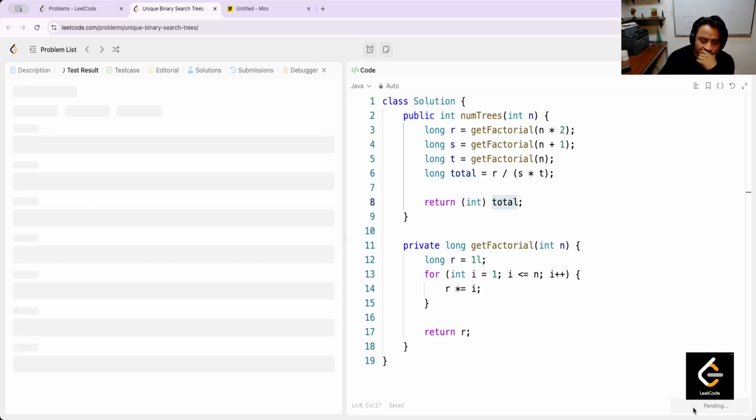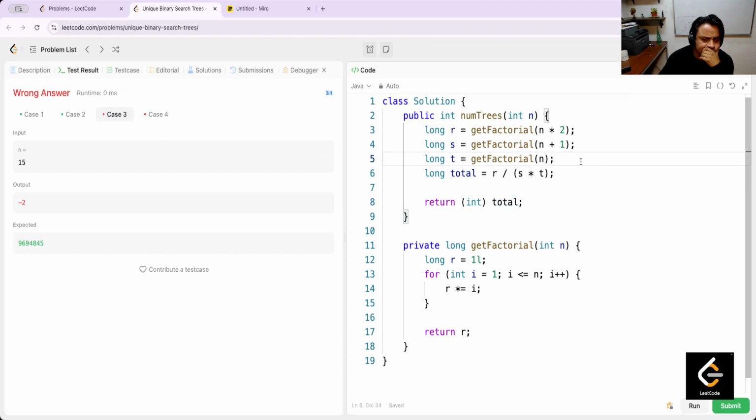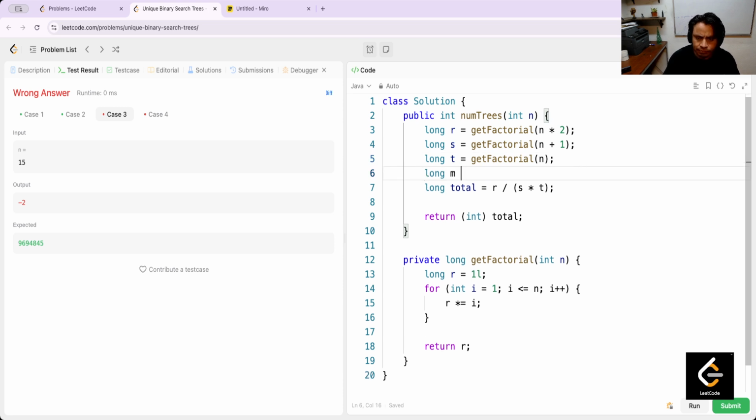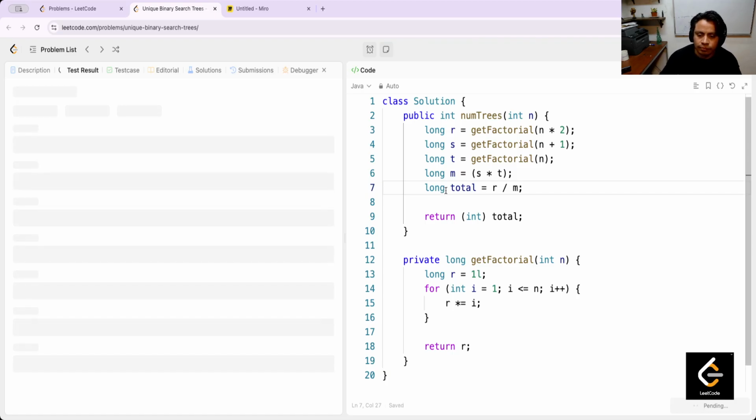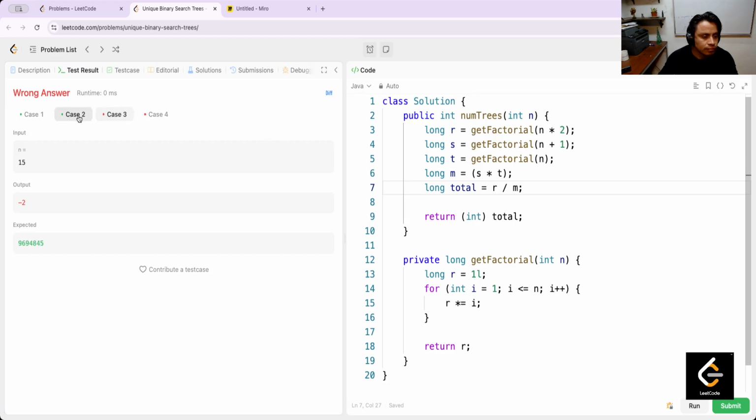With 11. Okay, no, I don't know what is happening here. But I think that